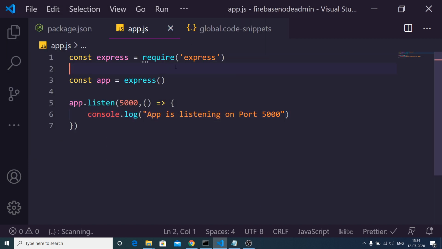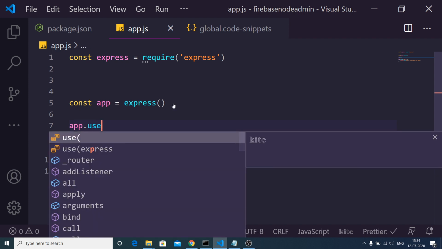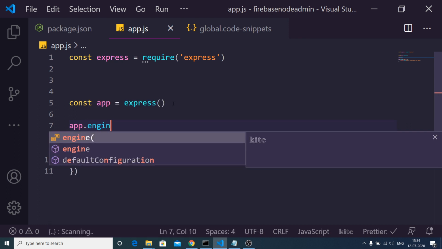So first of all we need to load a page when we open the home route. This is very easy. We just need to use a middleware here, which is the EJS middleware, the template engine. After you initialize your app, you will use app.engine.